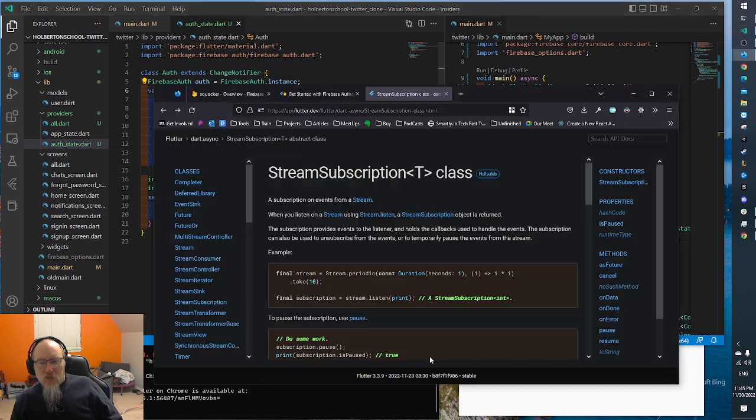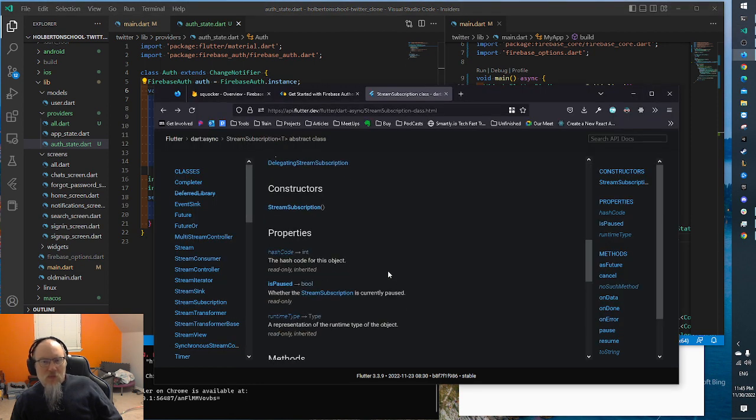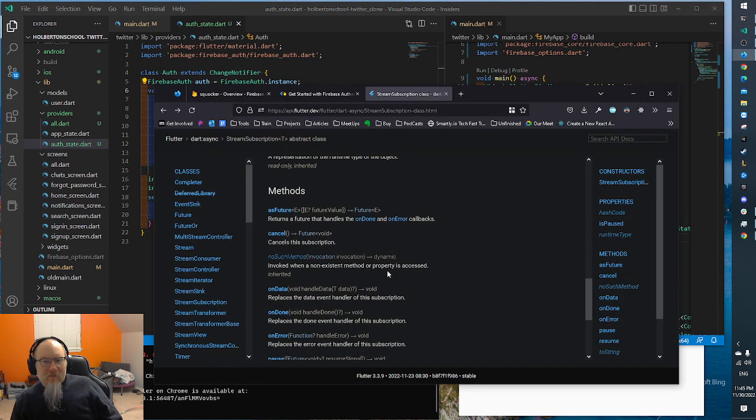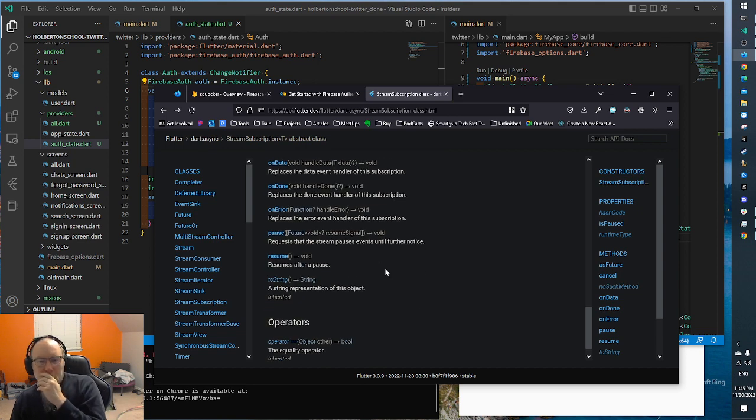Okay, so how do I? Okay, well let's read what we're supposed to be doing. Add a reference to the user's collections inside Firebase Firestore, which will hold the user's data. Well,